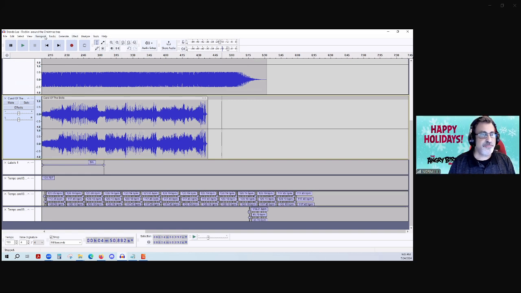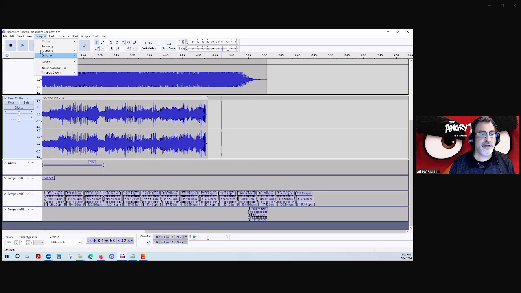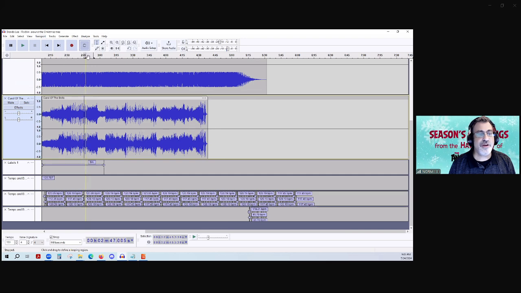So that's pretty much what I had for this. There's a lot more to it. Again, just play with it, download the tool and play with it. You really can't really break anything. Scrubbing's kind of cool because scrubbing is good when you're trying to find a part of an audio and you can move it back and forth. It's kind of noisy because I got both these tracks here, but with scrubbing you can scrub in real time to find just the right spot that you want to be in.